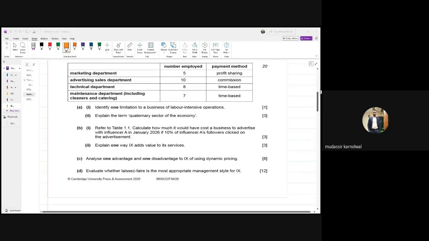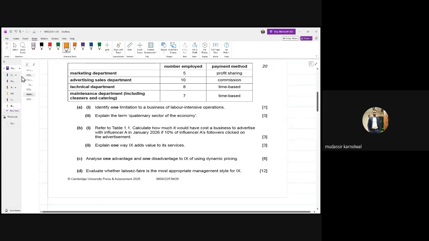Now, but in laissez-faire management style, there is a problem, which is lack of coordination and control. Since every person is doing their work in their own style, it's very difficult to bring them on one page. This is the problem. Okay. Now let's see the answers